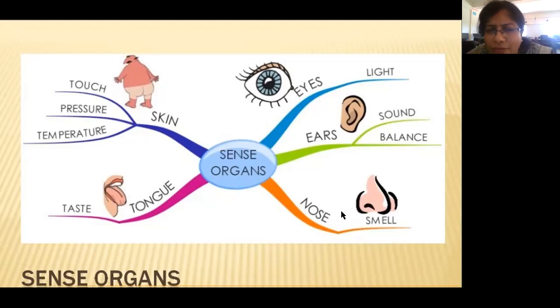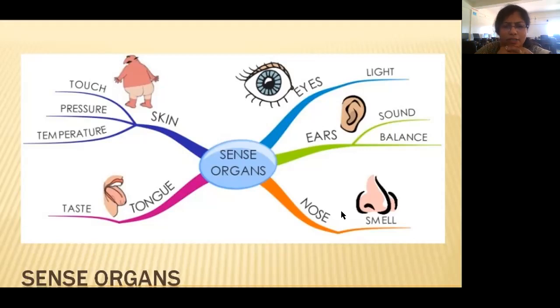Now coming to the wonderful sense organ, your eyes. Children, eyes are the gift of God. You are able to see the world because of eyes. You are able to see different, beautiful colors, everything through your eyes. And eyes also help us to understand distance. You can see far things and say that those things are very far. Near and far are also judged by our eyes.